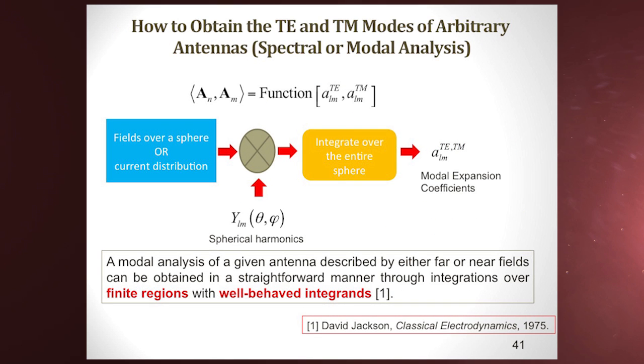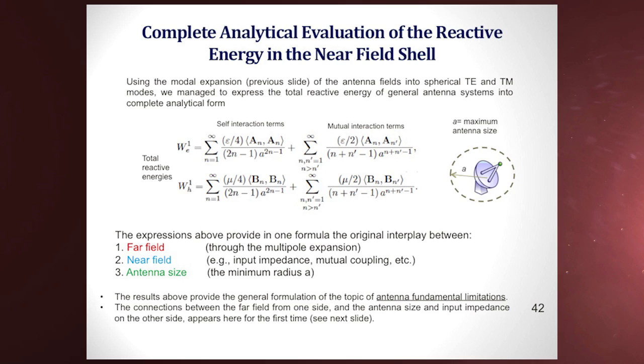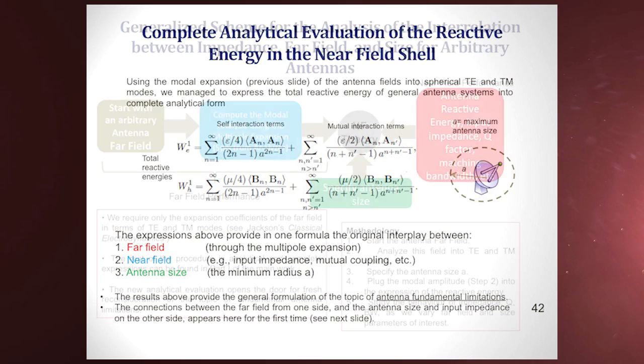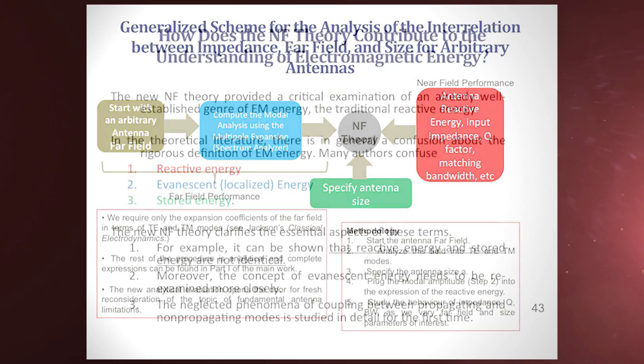If I go back, the coefficients that we talk about here, AN and PN, this is how they are defined in terms of the harmonics. As I say, we go back to the original book. You get complete expressions for the analytical energy, and if somebody wants to use this expansion, there are a couple of papers written on that. If you want to use this expansion, you start with the far field and you follow these steps here, for any particular antenna, and you can find the information about the near field of the antenna.